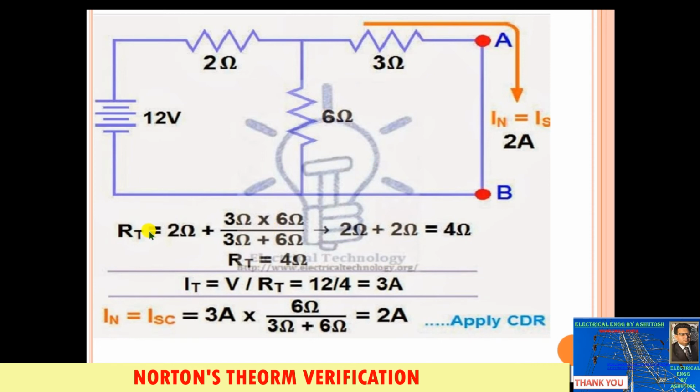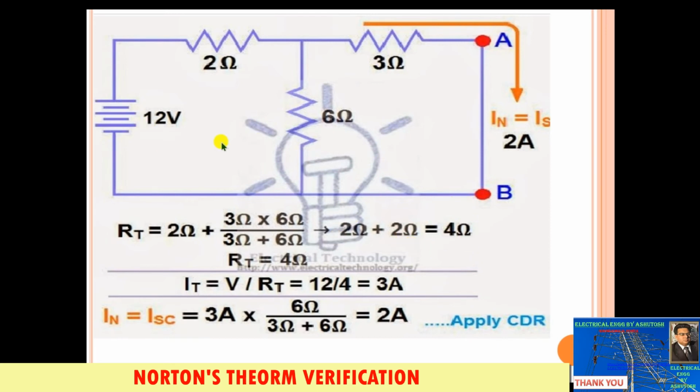So what we have done here, we have found the equivalent resistance. Basically 3 and 6 will be in parallel. A and B is closed through this short circuit, so we have to reduce this circuit. Then 6 and 3 are in parallel, in series with the 2 ohm resistance. So 6 threes are 18, 6 plus 3 is 9, so this becomes 2 ohm. Then 2 in series, so 2 plus 2. The combination of these two resistances becomes 2 ohm, so 2 plus 2 equals 4 ohm.